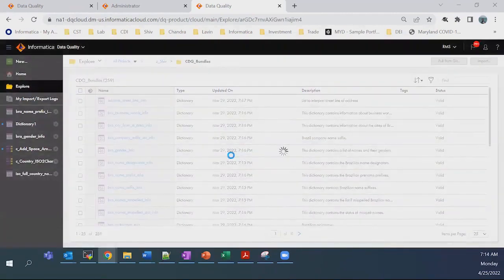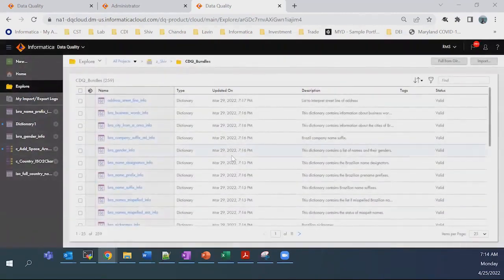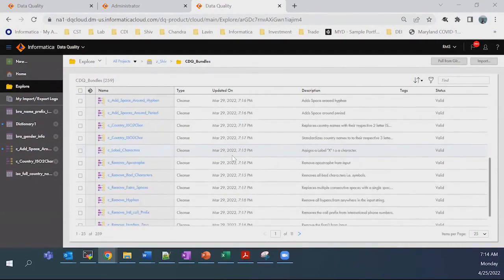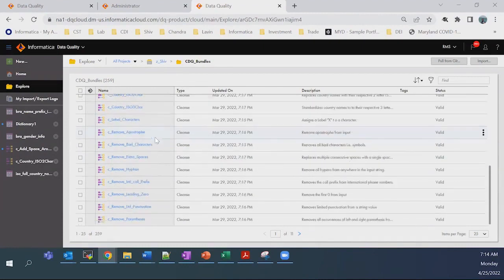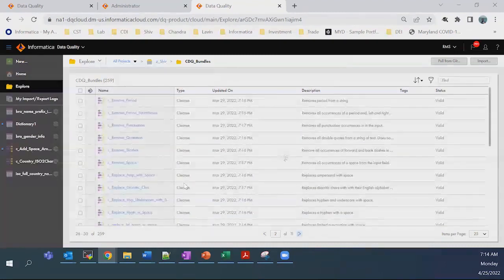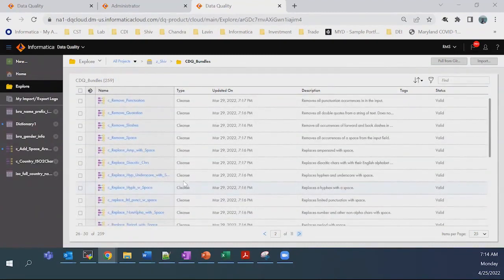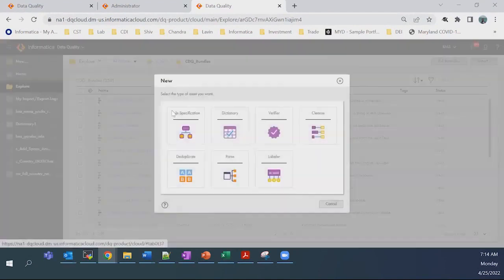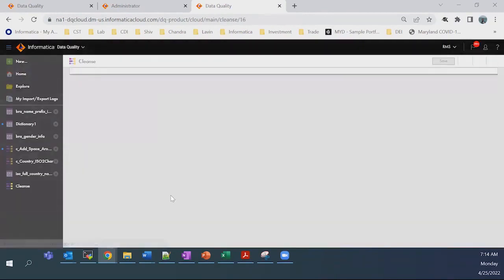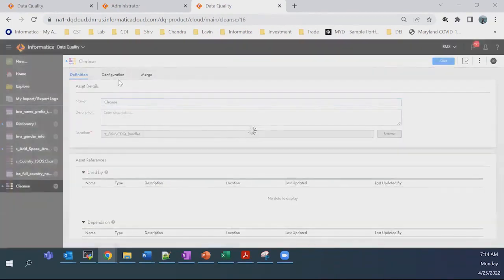And cleansing is using the dictionary in this case. So you can have your regular expression or your dictionary based cleansing mechanism. And there are many other cleansing assets out of the box. So I think most of the time you can use our out of the box assets or bundles. Sometimes if you have to create your own, you can simply go and create it. And creating is just, go here, work on cleansing, then